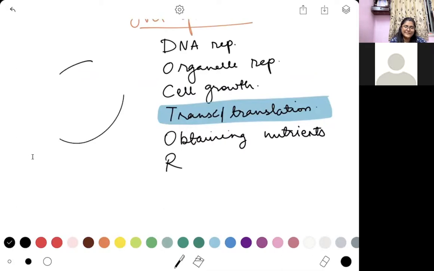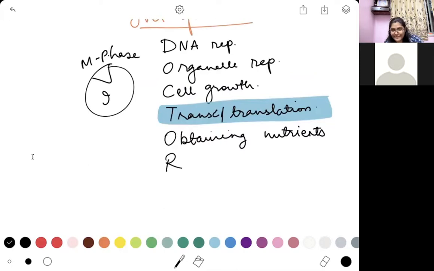So the entire phase of your cell, if this is where your cell is dividing, this is called interphase, and this is called M phase or mitotic phase. While this is happening, your cell is obtaining nutrients during interphase, it is growing during interphase. All these events are happening only during interphase. During the M phase, the only thing your cell is doing is dividing, nothing else. It is not even going to respire during your division phase or M phase.